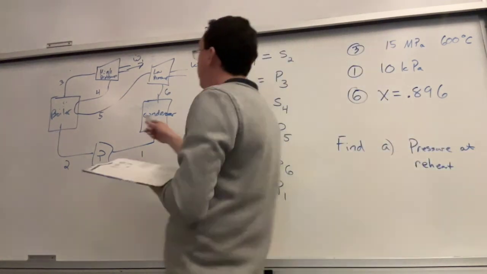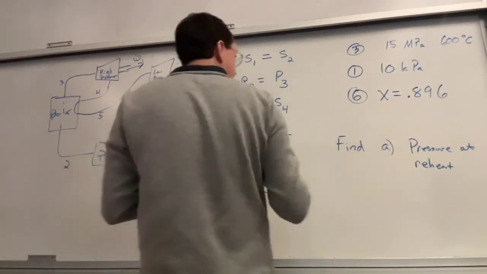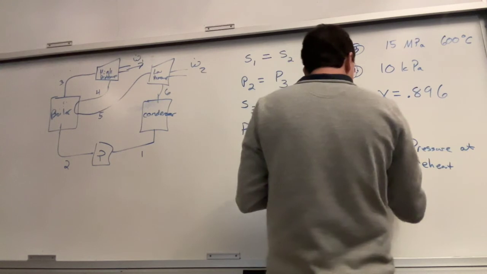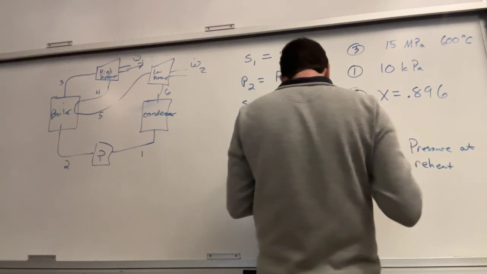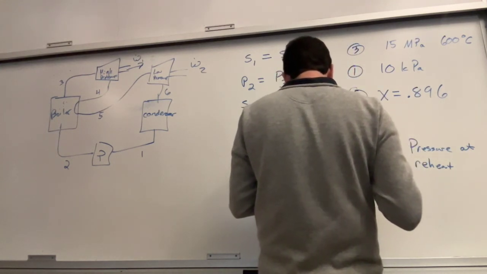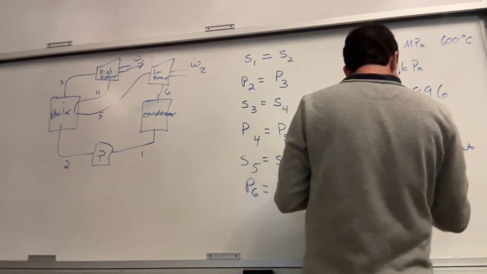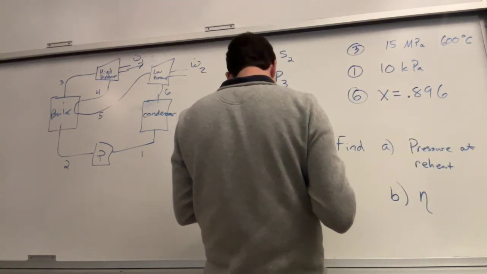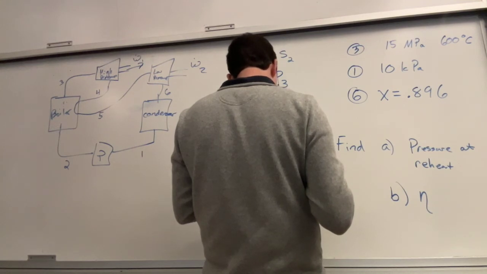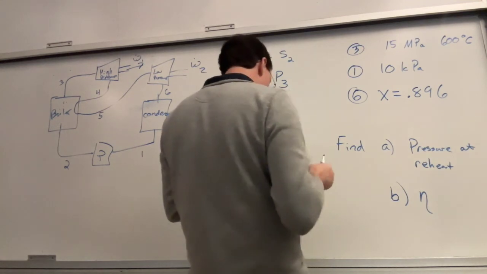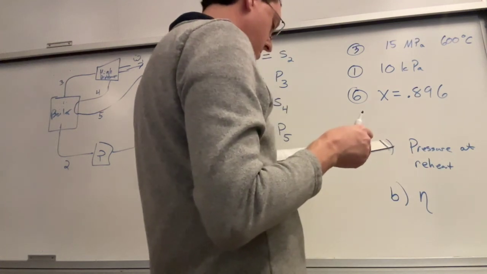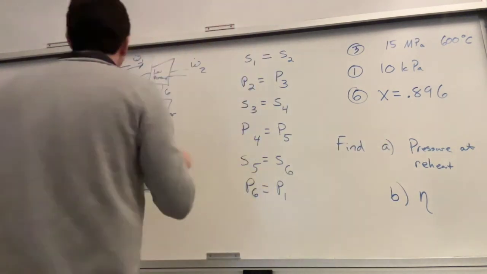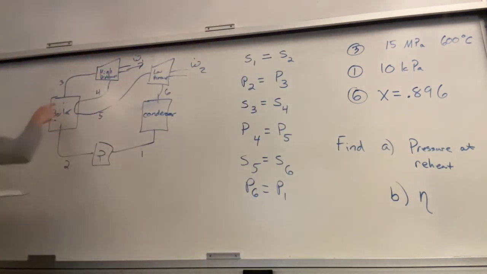So that would be the pressure at 4 or 5. B, find the thermal efficiency, eta, and assume steam is reheated to the inlet temperature. Okay, and assume,